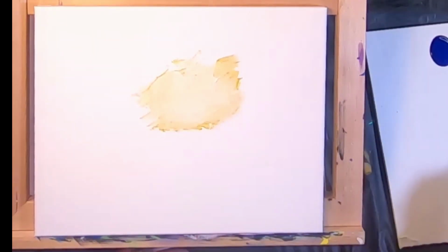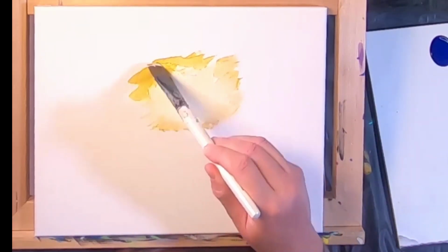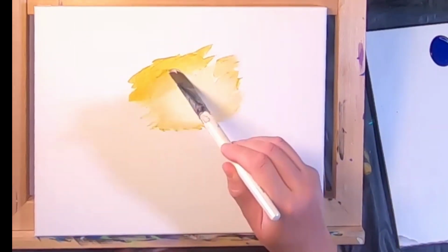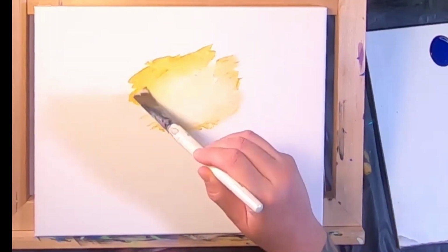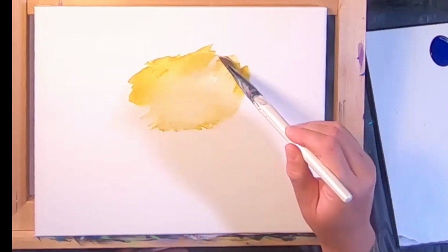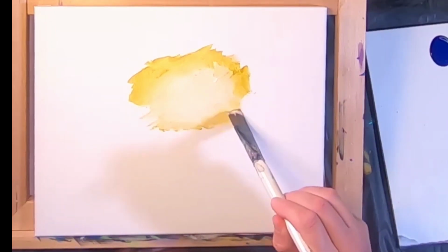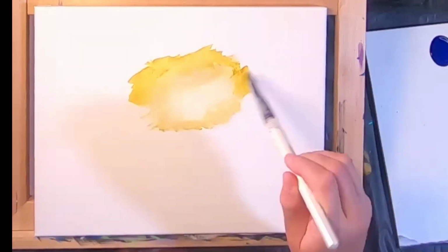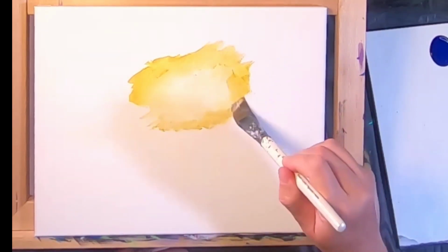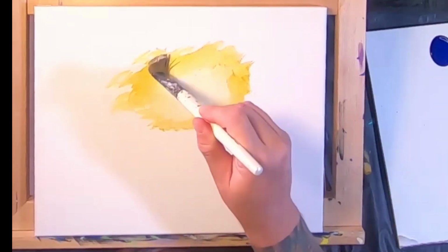I'm going to go around this circle a little bit more and start working my way out. Now, one of the tricks when we're transitioning and putting fresh paint onto the canvas is to work in little bits, just a little dose, so I can see how these colors are going to interact. So you can see I'm not doing big brush strokes. It's little dabs, and I'm going to work my way out, using a little bit more of the sienna as I go. We can always come back later